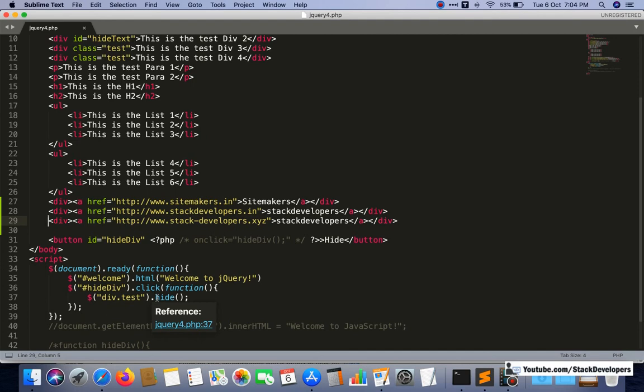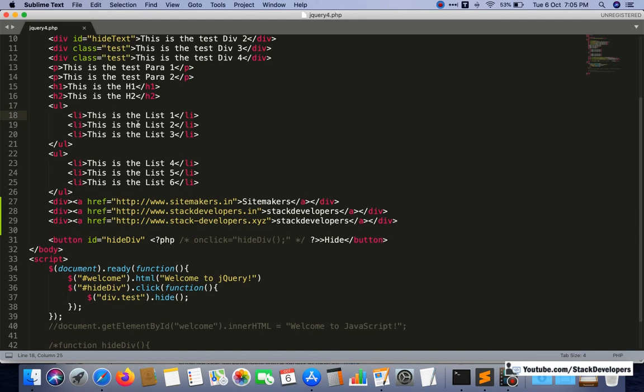All these kinds of things we will do in future videos, like updating the complete html, like we can update this one to a div with some other text. Such things we are going to do in our future videos. Our main focus is on completing each and every selector that we must know, all the selectors of jQuery, so that we can use them anywhere.